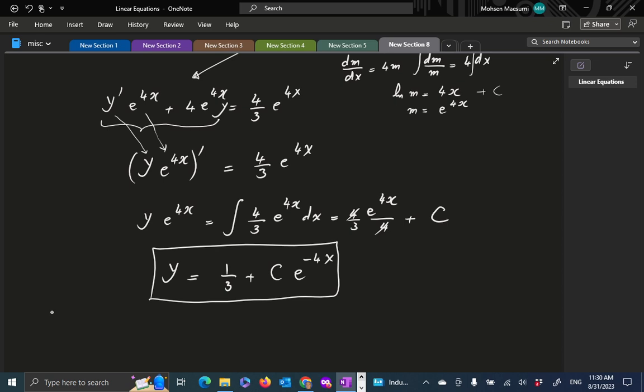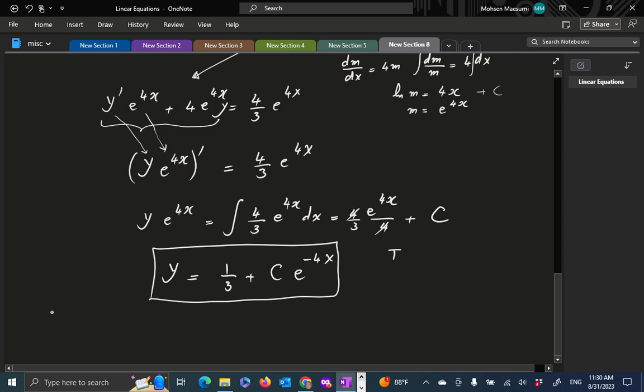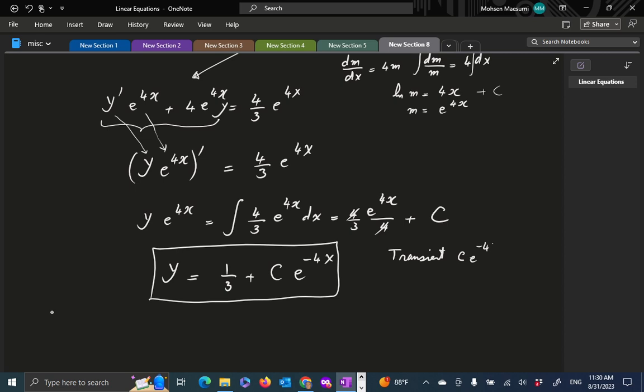What's the transient portion of this? The transient portion is whatever constant you had, times exponential of minus 4x. Interval of solution? Well, there is no limitation anywhere with respect to what x should be. So